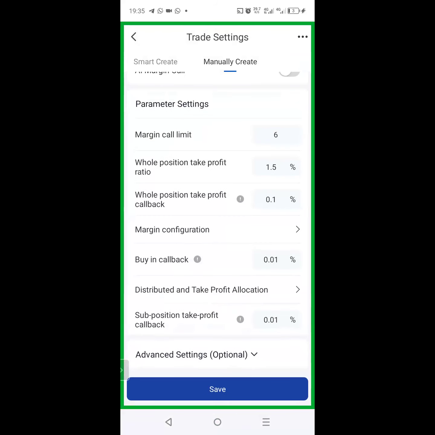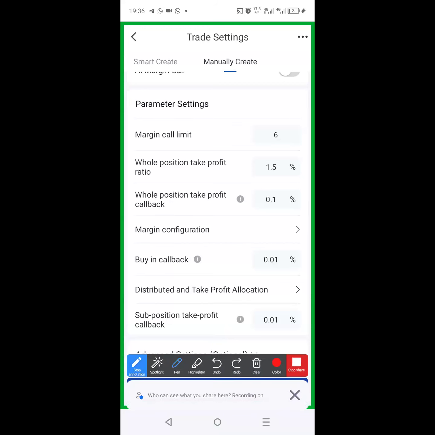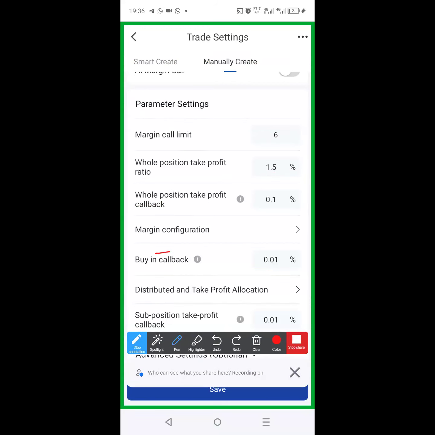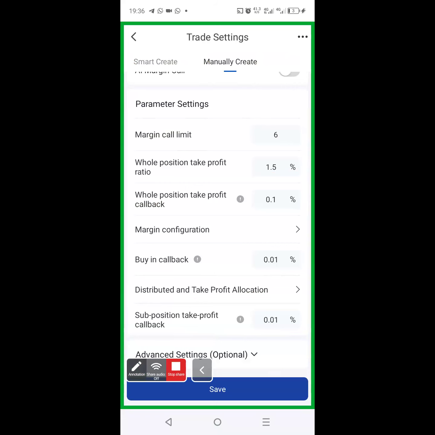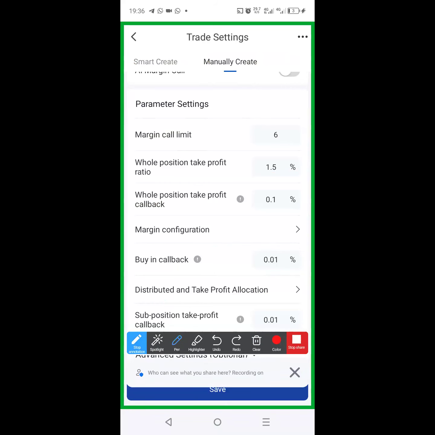So now, if you look down here, all this buying callback is 0.01. The position take profit callback is 0.01. Just leave them at 0.01. But this one down here,